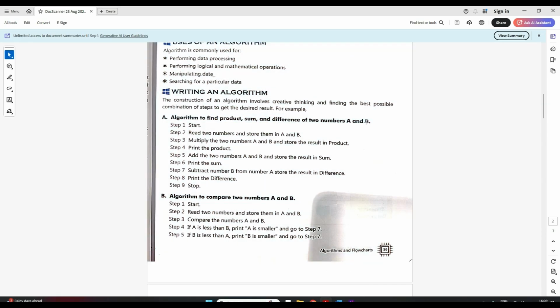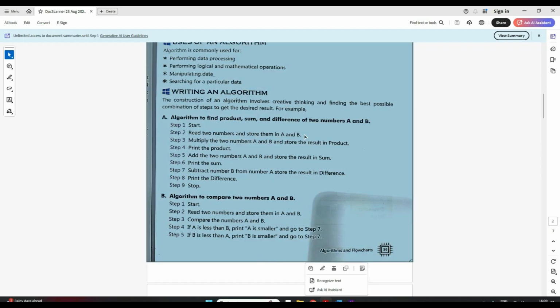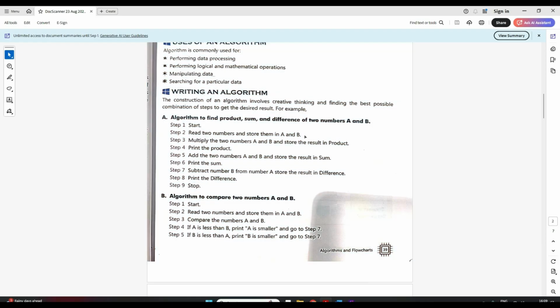So how will I start writing my algorithm? The very first step is always start and the last step is always stop. Please remember this, student. Now in between start and stop, all my steps are different. So the first step will be my what? Read. I have to read the two numbers a and b from the user. So first will be read two numbers and store them in a variable or something, right?